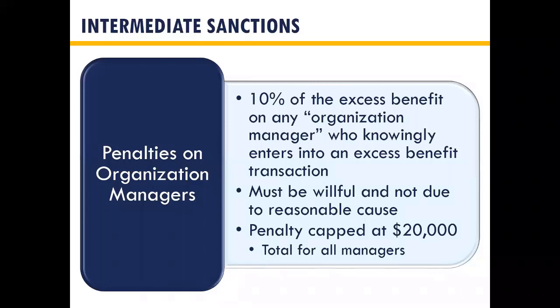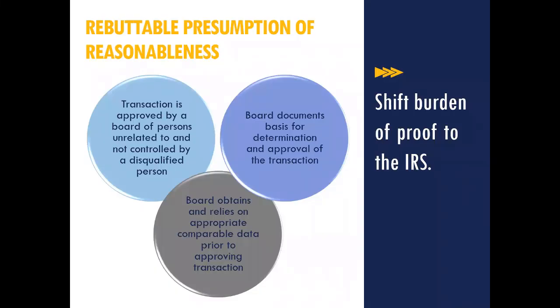And those caps are set at $20,000 total for all managers. And you'll note there that it must be willful and not due to reasonable cause. And lastly here, with respect to these transactions, we've got the rebuttable presumption of reasonableness. And really what this means is that the burden of proof is shifted onto the IRS to prove that the